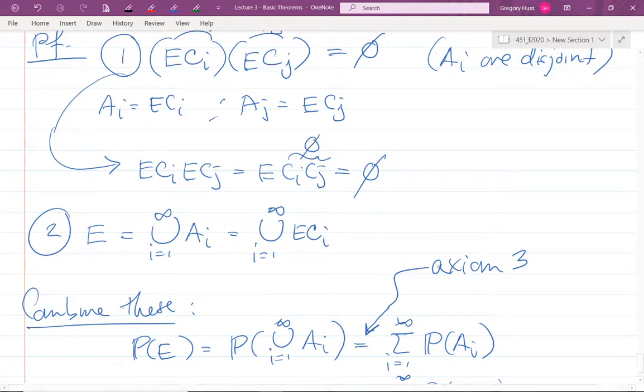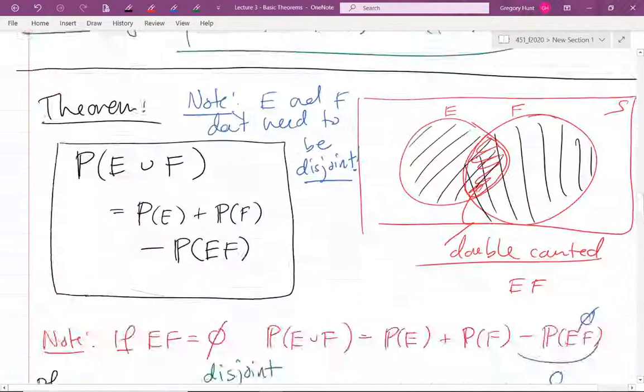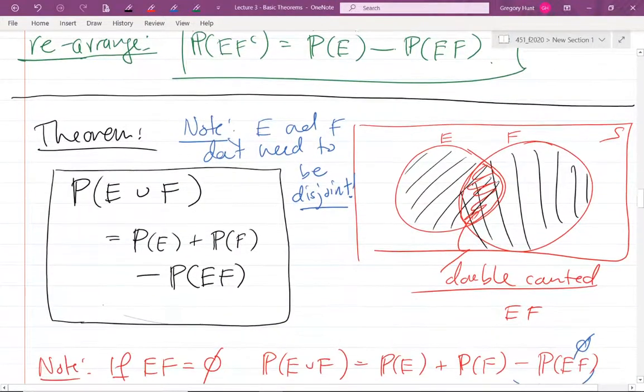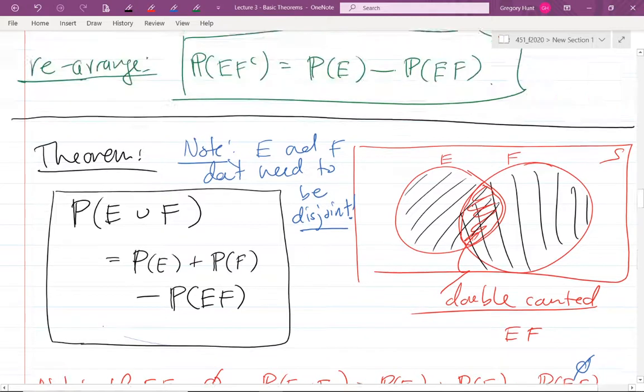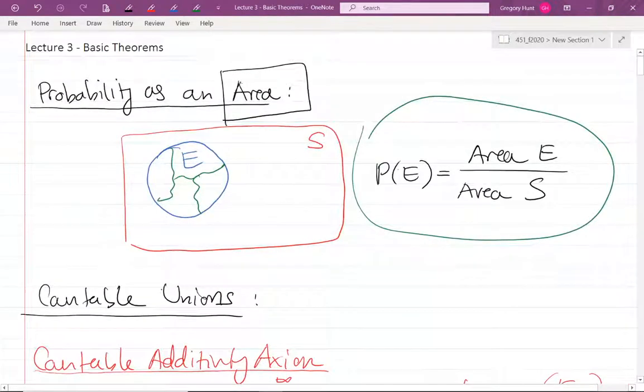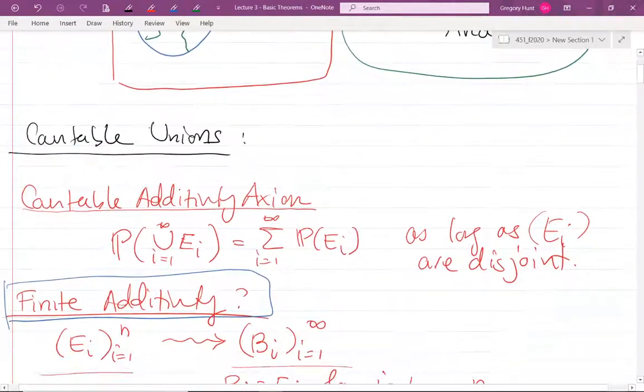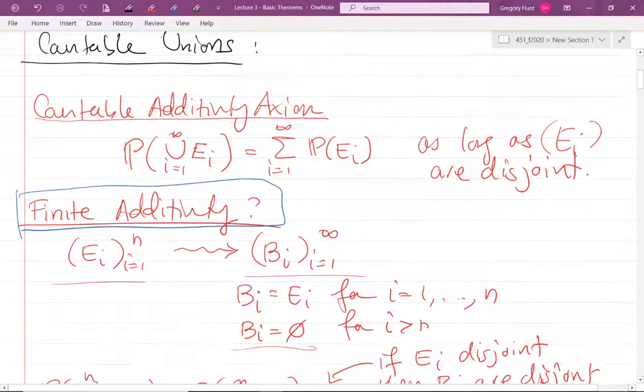Okay, so we're going to stop here for this lecture. We went a little overtime last time. We're going to go a little under time this time. But today what we did is we reviewed some of the basic theorems. First, let's go all the way back to the beginning. You can think of probabilities kind of as areas. We talked about how many of the theorems we state in terms of infinite or countable unions really can be stated in finite form also, or imply the finite version.